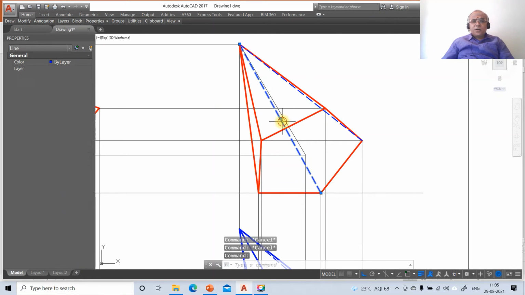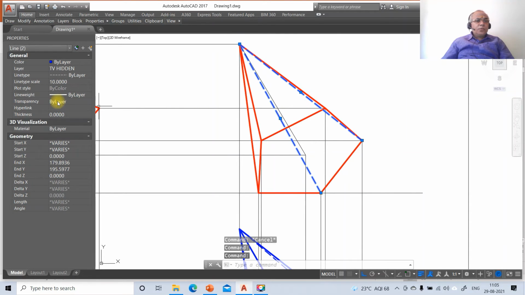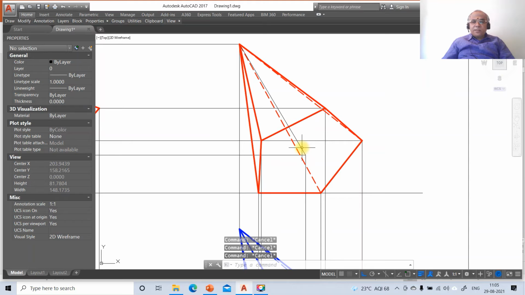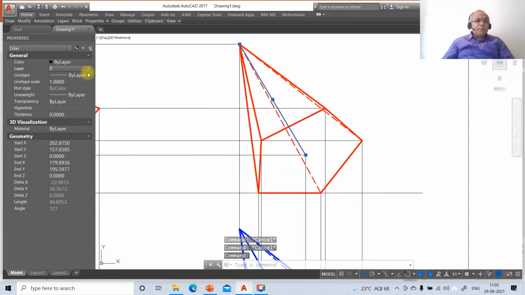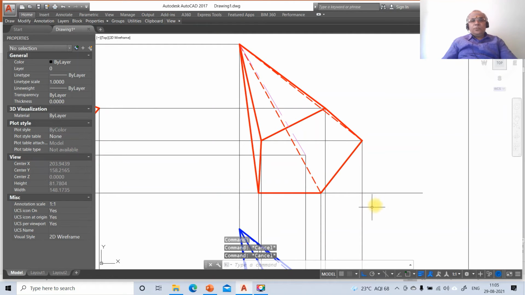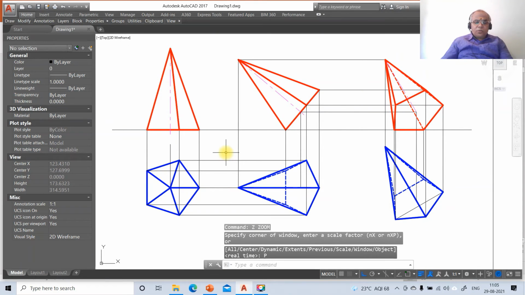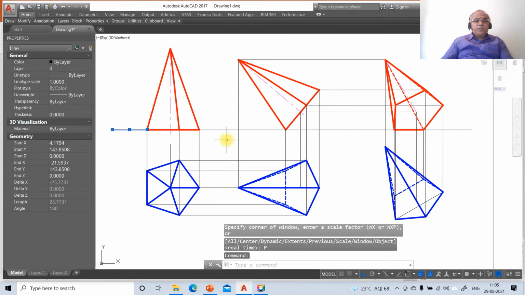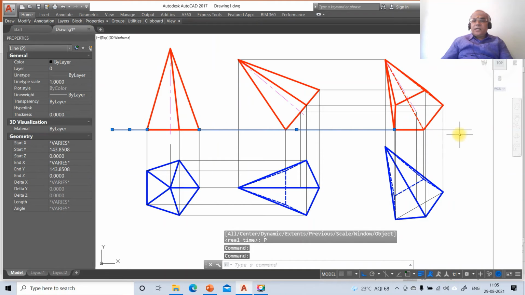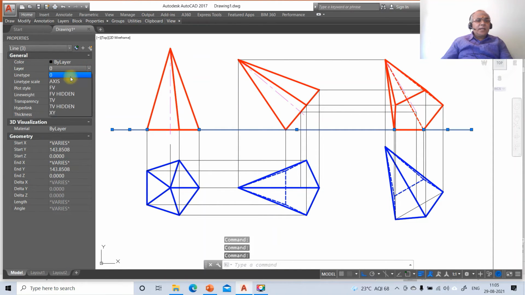So here you click on this and you click on this. Go to layer, take it as front view hidden. So now you just click on this line. So you just go to layer, make that layer as axis, and then you take this as 10. So this is how you will be able to create this drawing by using AutoCAD software. Now you will just go to this and you just click over this, go to layer, make that layer as